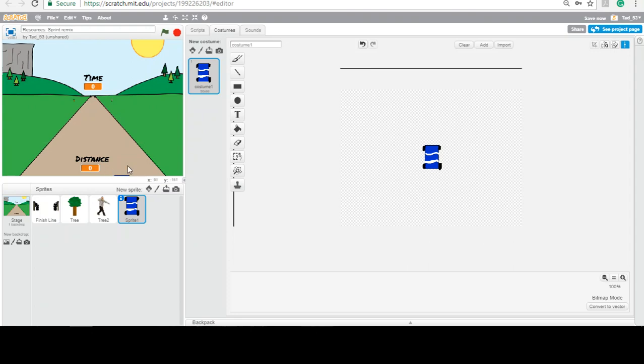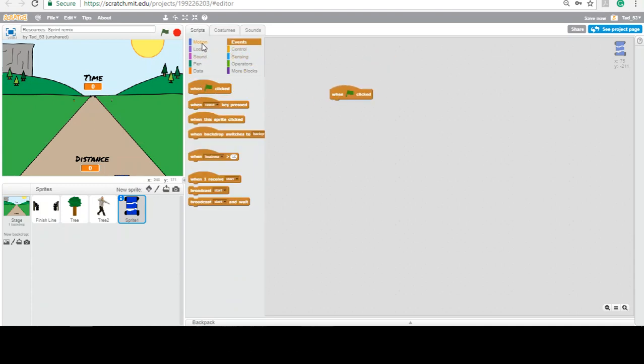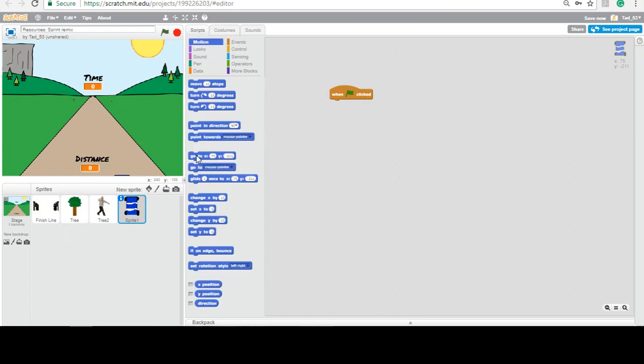Now that I have my car here, I can hopefully drag my car, and then we'll actually put in the command when this is collected. We want to move towards the point, so we want our car to kind of go where the distance aspect is. So -60, -1, -7, so -7, -160. So now when I click the green flag, my car is now there, and as you go left and right with your car, it makes the car appear as if it's traveling down the road. Very corny, I know. Covers up the distance thing,